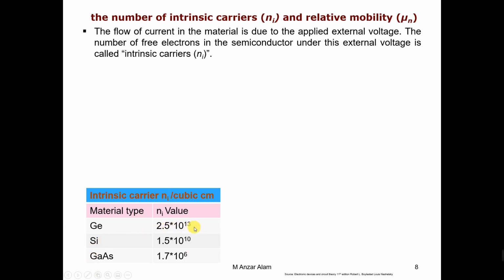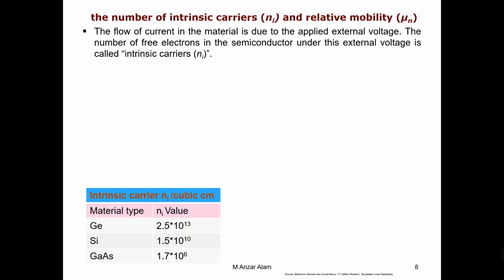So for germanium it is 2.5, then this one for silicon, and this for gallium arsenide. So we can see here that germanium has a higher concentration value as compared to silicon, and also as compared to gallium arsenide. On the other hand, gallium arsenide has very low carrier concentration. It looks like gallium arsenide is not a good material, and germanium is a good material because it has